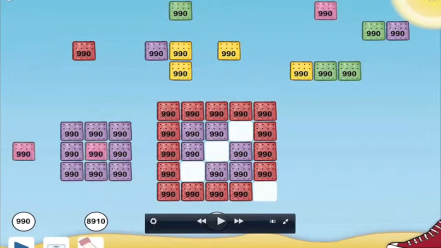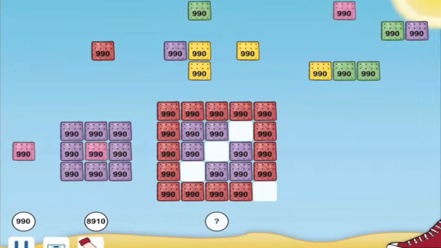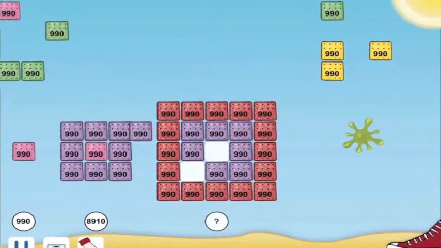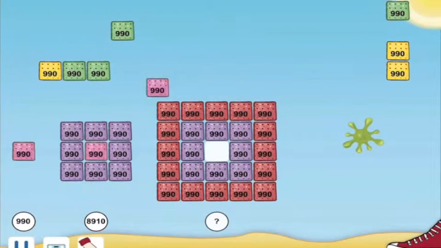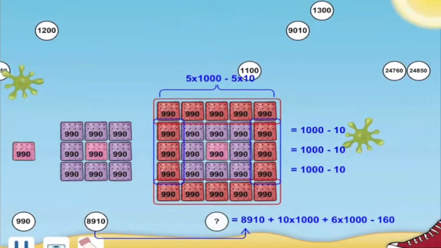Notice that the last pattern is made by completely encircling the previous pattern with crackers. A total of 16 crackers are needed to make the outer boundary of the square. Notice also that each cracker in the pattern contains a value of 990. Let's complete the pattern. And inside we have a pink 990. Now I'll pause the game so we can study the math we need to perform to calculate the total for